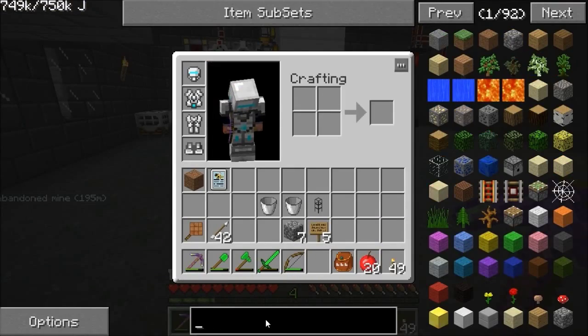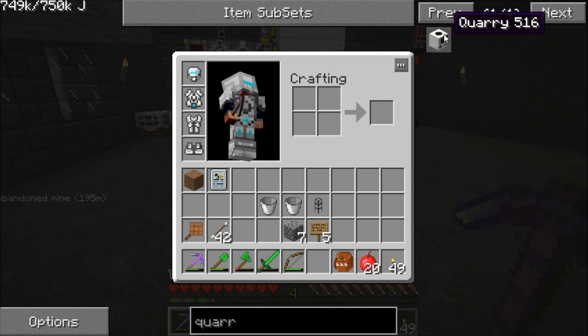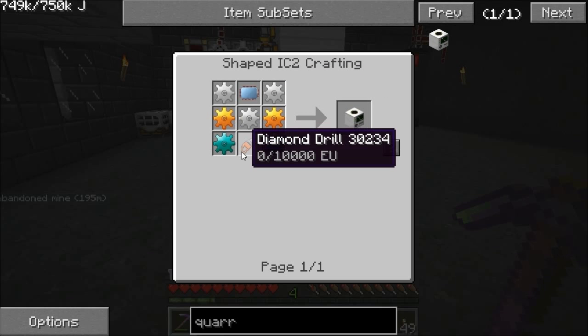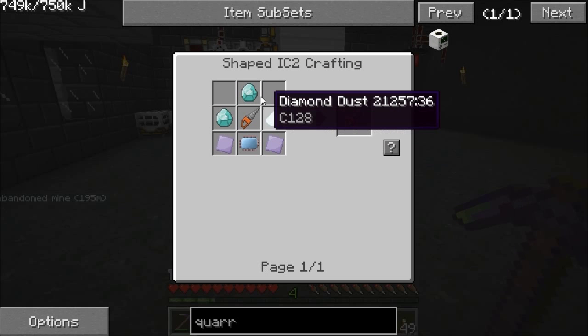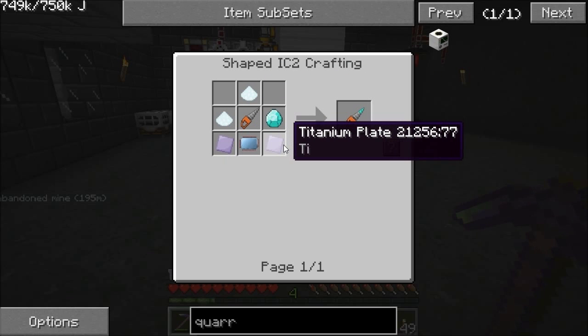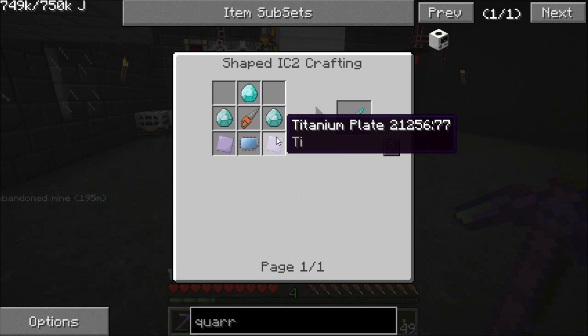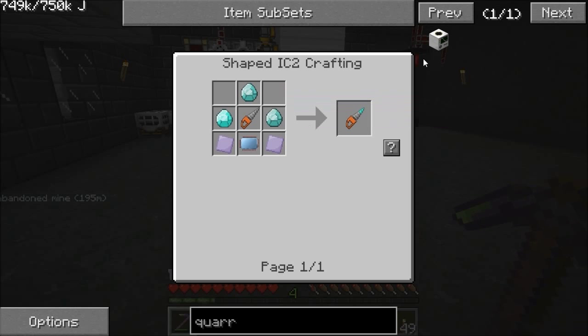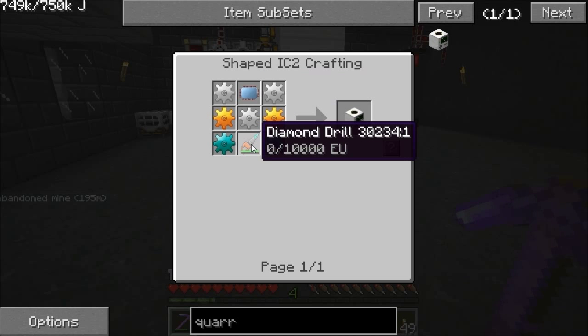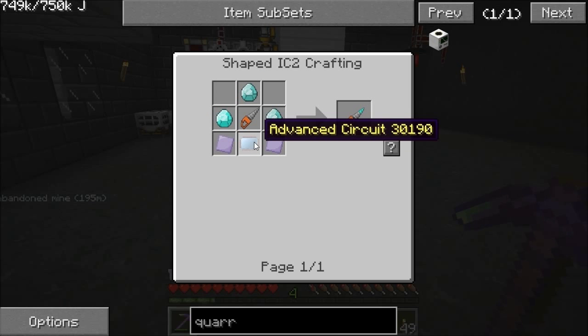The reason why we need them is, if we look at the quarry, there's a quarry, it takes diamond gears, gold gears, iron gears, an advanced circuit, and this thing, a diamond drill, which takes diamonds, a mining drill, an advanced circuit, and 2 titanium plates. That's the stumbling block. That's what GregTech's done to this. This is a BuildCraft recipe for the quarry, but apart from the circuit and the diamond drill, all that's BuildCraft are IC2, IndustrialCraft, and the diamond drill, because GregTech's is